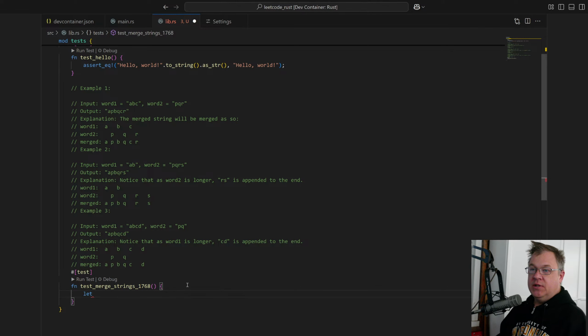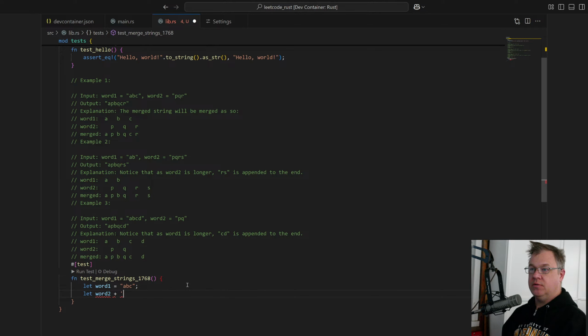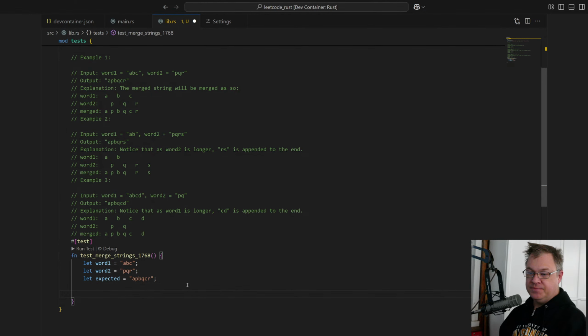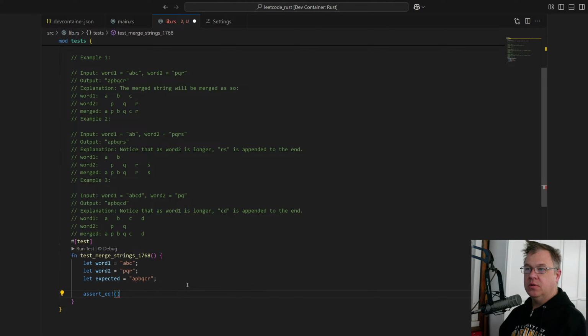So we're going to let word 1 equal ABC, let word 2 equal PQR, let expected equal APBQCR, and assert equal, this is returning a new string, I believe.